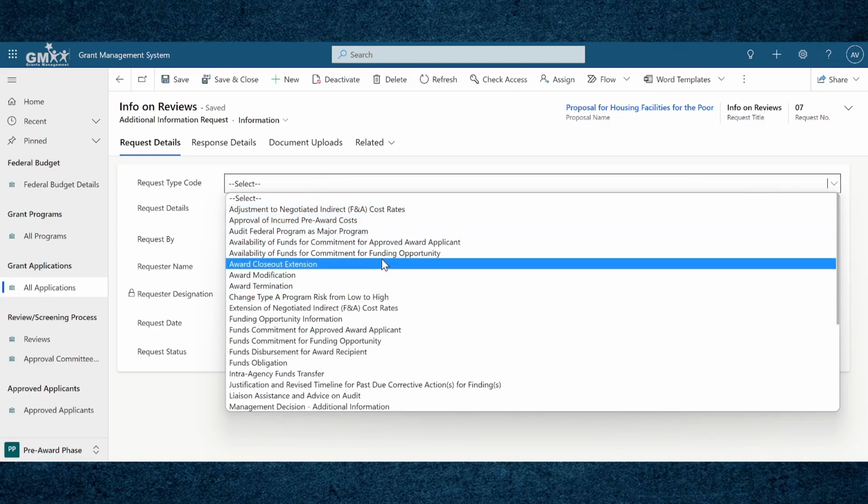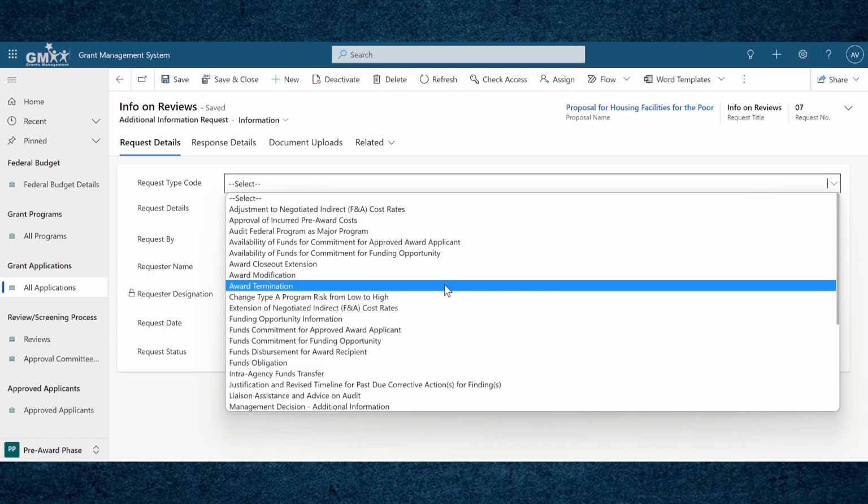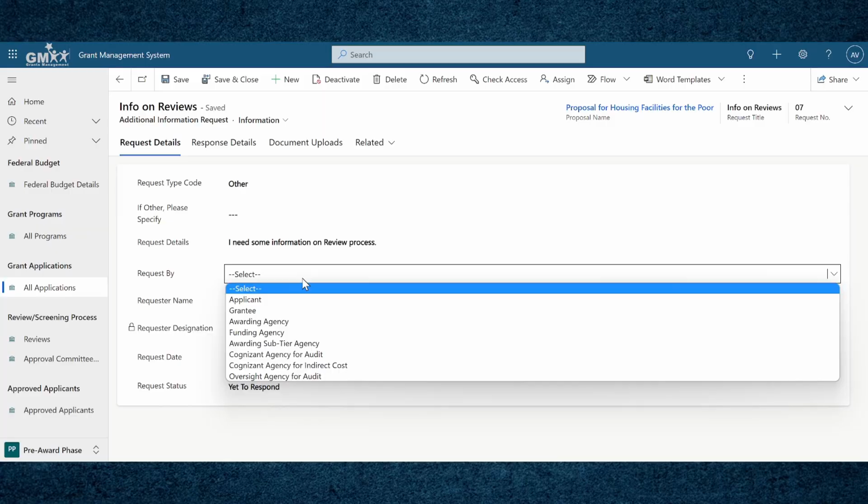So here I'm just going to click say grantee. When I click grantee, an additional field called grantee representative appears, because now there will be various parties from the applicant or the grantee side who will be involved as well, as it's not necessary that the applicant or the grantee should directly communicate with the grant making agency. The grantee representative field has various options like the applicant, application reviewer, recipient auditor, etc. If I click on other, another additional field will appear: if other, please specify. Now for the requester name, let me choose someone from the list.